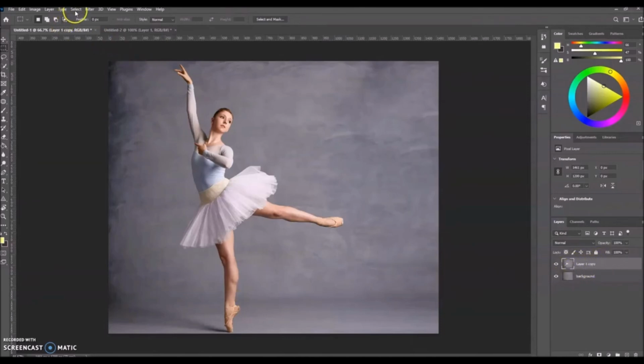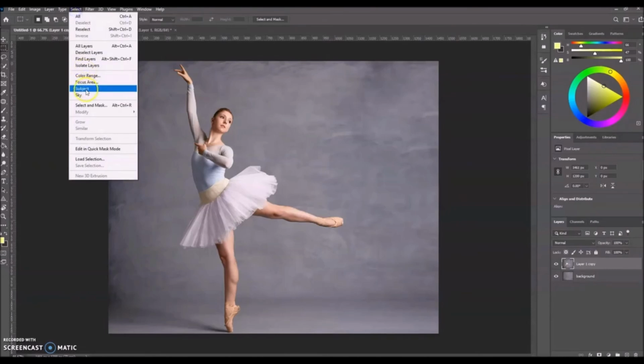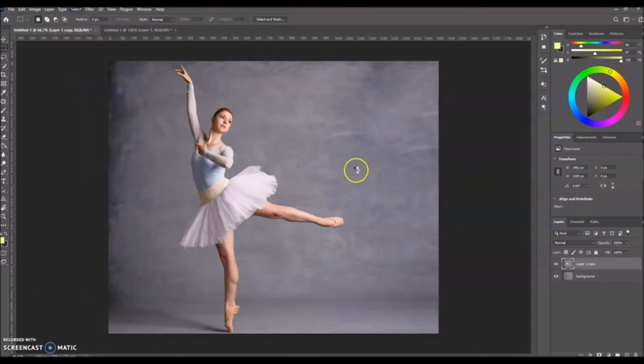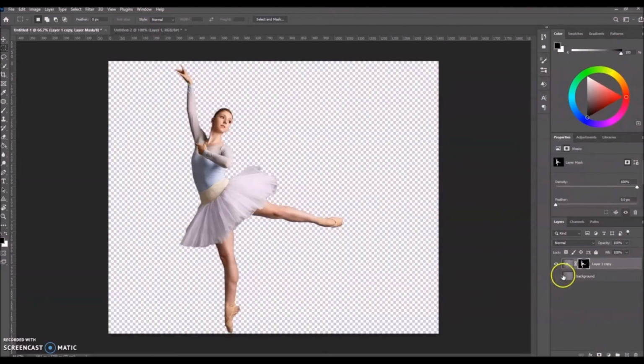Go up to the top menu and go to Select, and then Subject, and let Photoshop select your person. You can use any of the selection tools to make touch-ups if Photoshop doesn't get it quite right. But when you're happy with the selection, you're just going to go down to the Layer Mask button. And then, if you hide the layer underneath, you can see that Photoshop has now masked out all the area